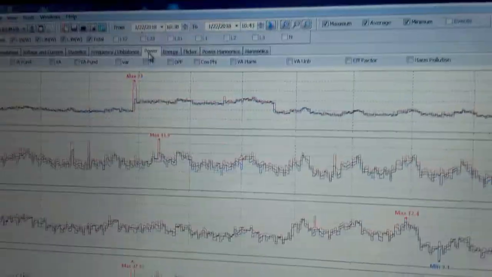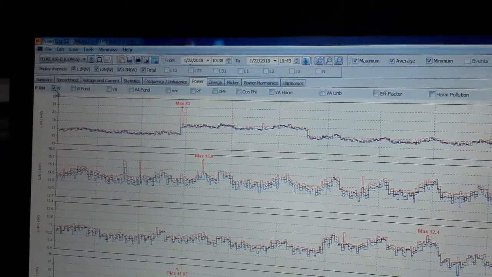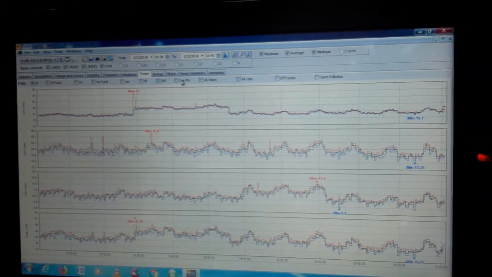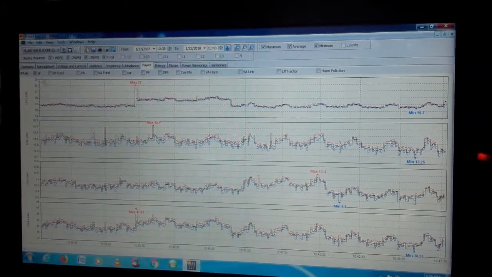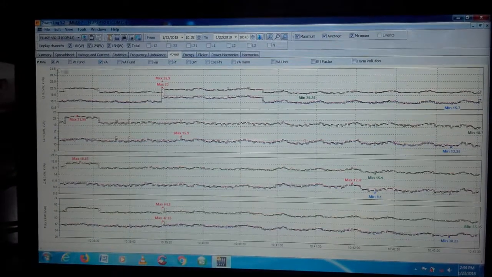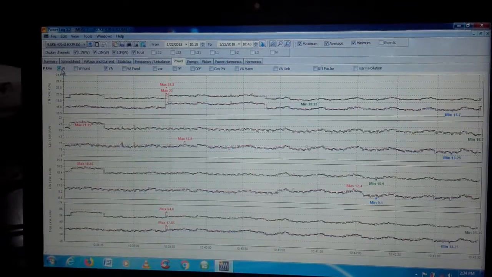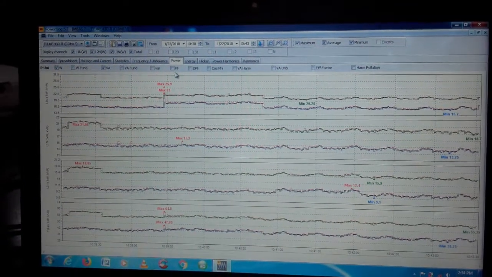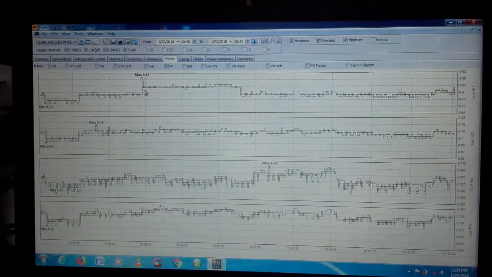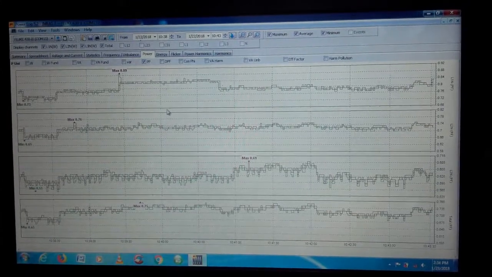The second menu is power and energy. In power and energy, we can see active power, reactive power, apparent power, power factor and all the other parameters. Now only active power is shown here. If I want to see the reactive power, then I can change to reactive power, or I can combinedly view active and reactive power. Similarly, the power factor I can see. It shows supply power factor for R phase, Y phase, B phase and the cumulative power factor.